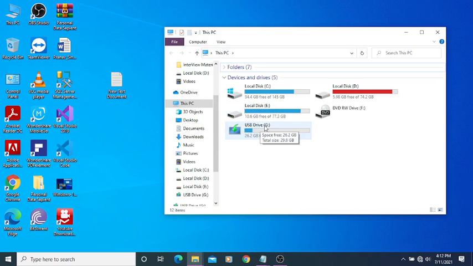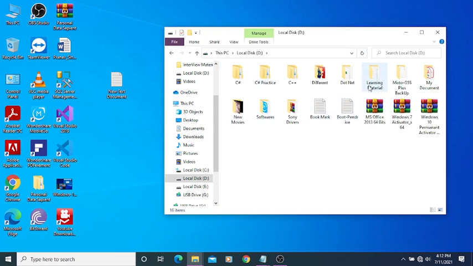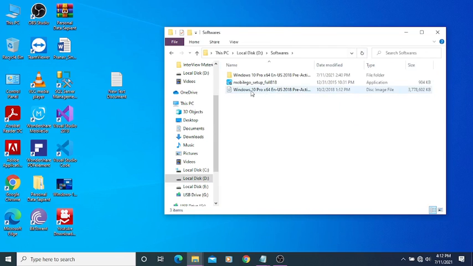You can see this is the USB drive. Actually, I already made that pen drive bootable, so you can see it's showing a symbol also. So it's already bootable. And other than that, we need the Windows file. So here you can see it's already the Windows file.